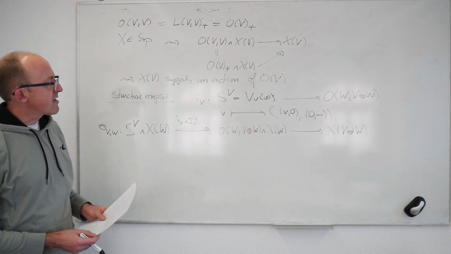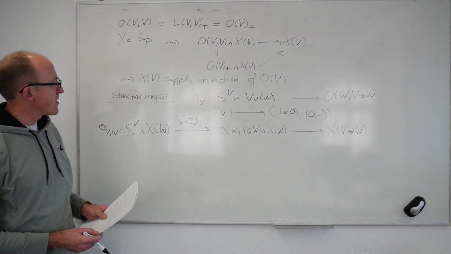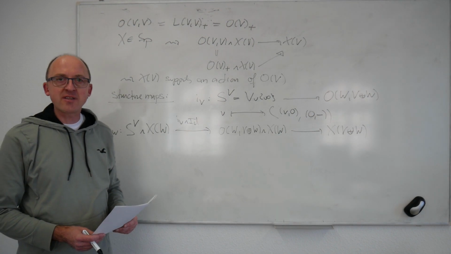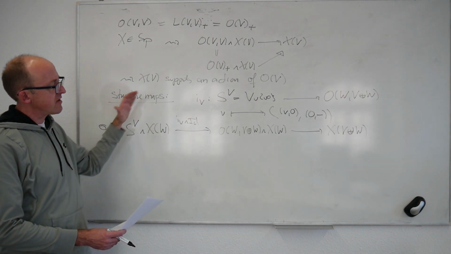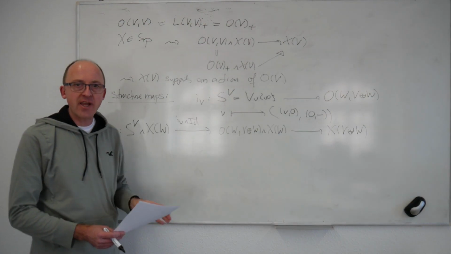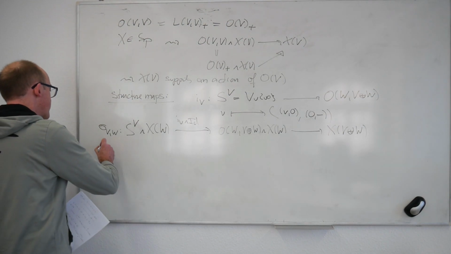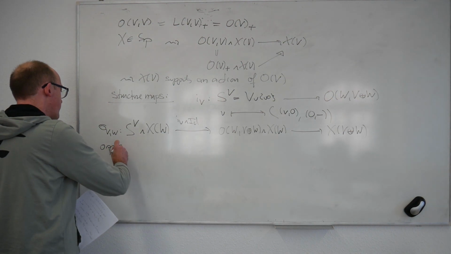All right, it's also going to be convenient to introduce a piece of notation for what I call the opposite structure map, which is where you flip. So here you basically act with a suspension coordinate from the left, and you can act from the right. So this is what I call the opposite structure map.